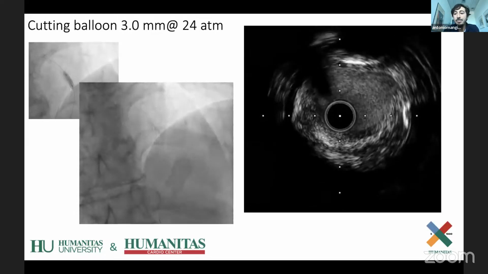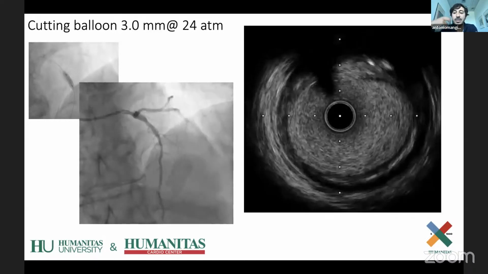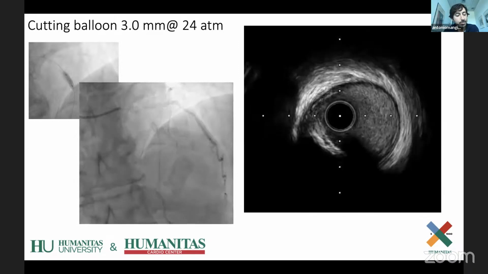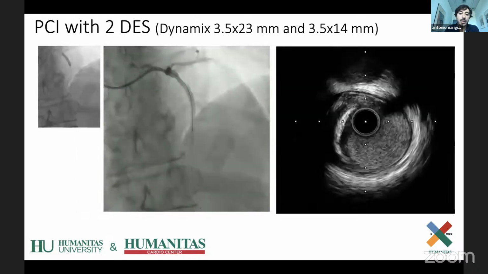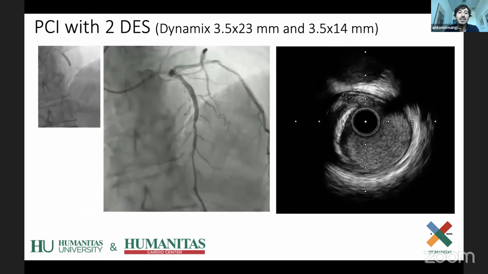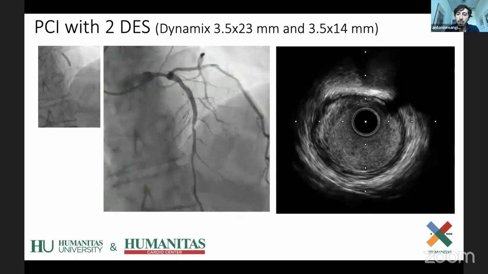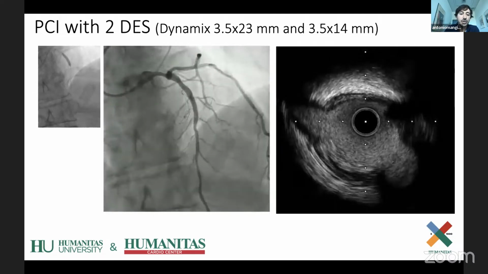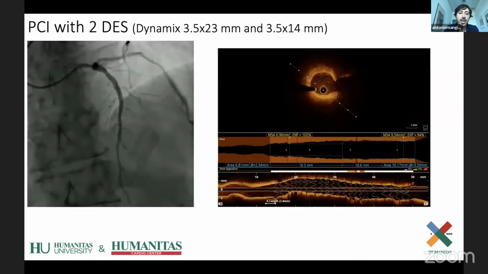So here the concept is not to do the simple angioplasty, but to try to understand how to achieve a perfect angioplasty with a perfect result, because we want to improve our clinical practice and our practice in the laboratory. Then we placed this dynamic stent, because this patient was also included in the trial for this biodynamic stent implantation. You see the final IVUS run, but I think that we can go straight to the